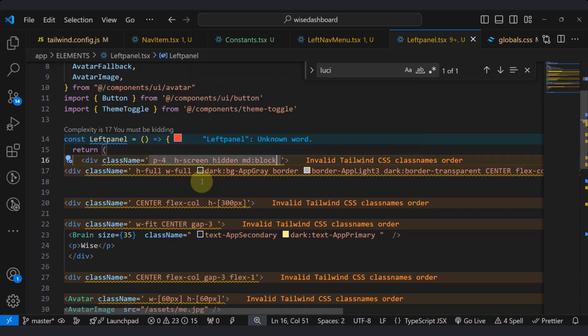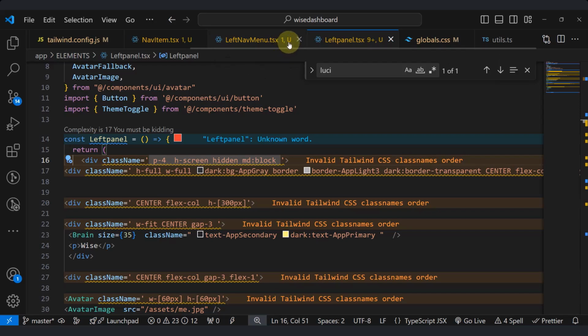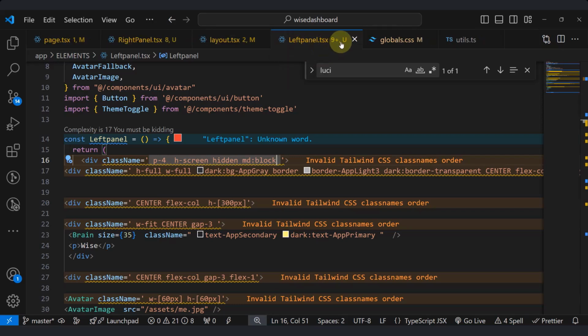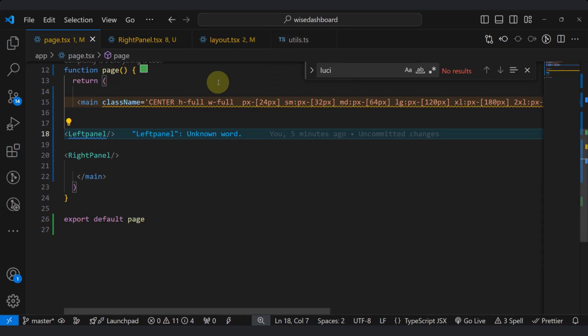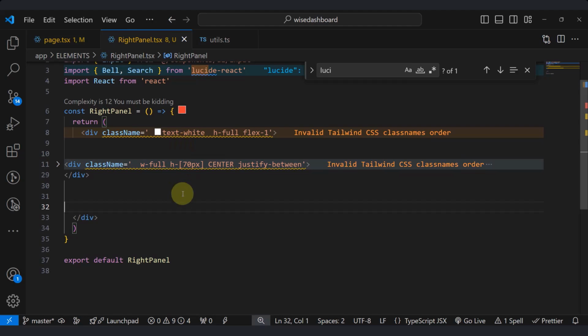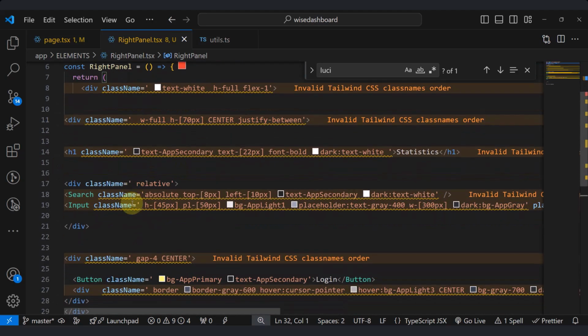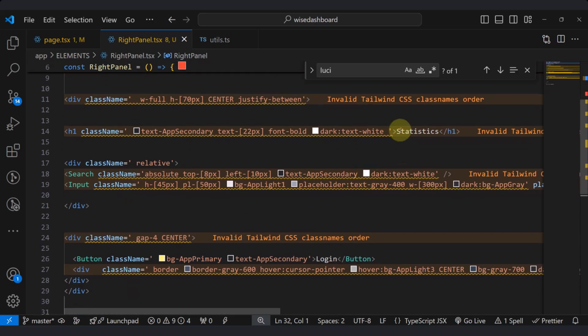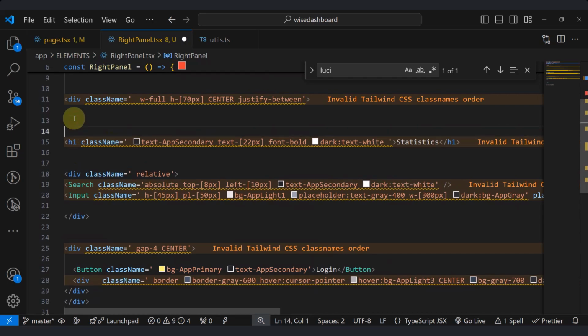Now what we want to do, this is the left panel. What I want to do, I don't think I need these constants. Left nav, not real. Nav item, not real. Tailwind, left panel, not real. Even this one. The layout, I don't think I need. Right, I need this right panel. Yes, I think it's the one that I need. In this right panel, this is statistics. Before statistics, there must be a menu icon here. There must be a menu item here,